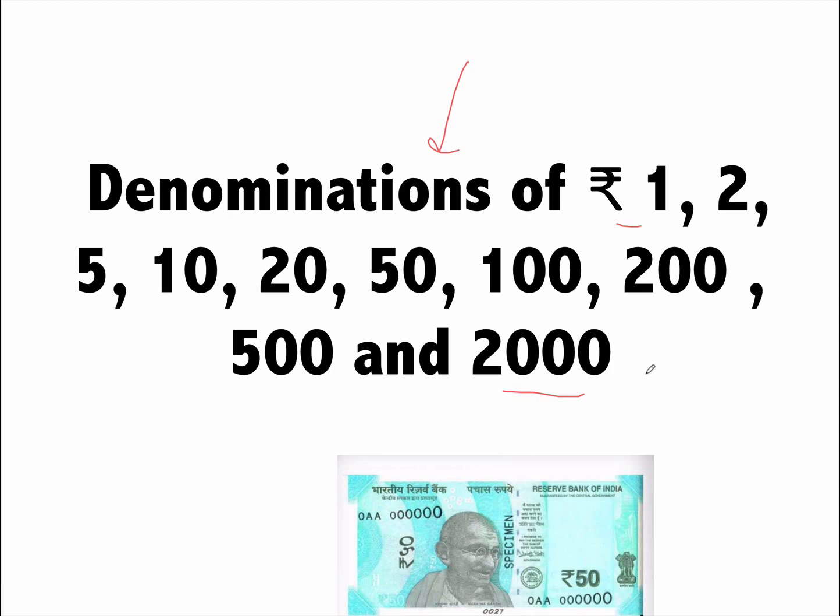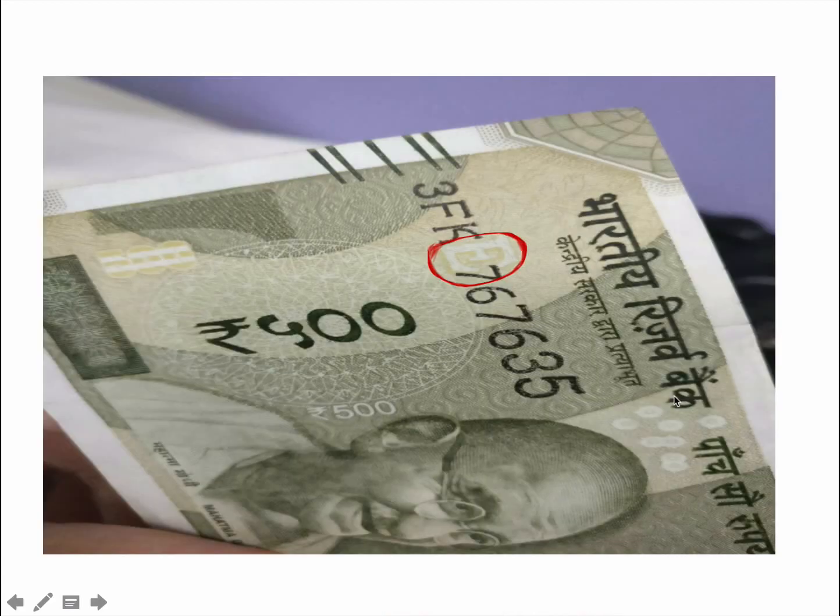And of course, a few days back, RBI started publishing a new 50 rupee note series also, in fluorescent blue color. And one important thing is that RBI, in June 2017, 2 months back, started publishing a new series of the 500 rupee note also. Now this is legal tender. The old ones will remain legal tender. That is, this is not demonetization. This note was launched by RBI after demonetization.